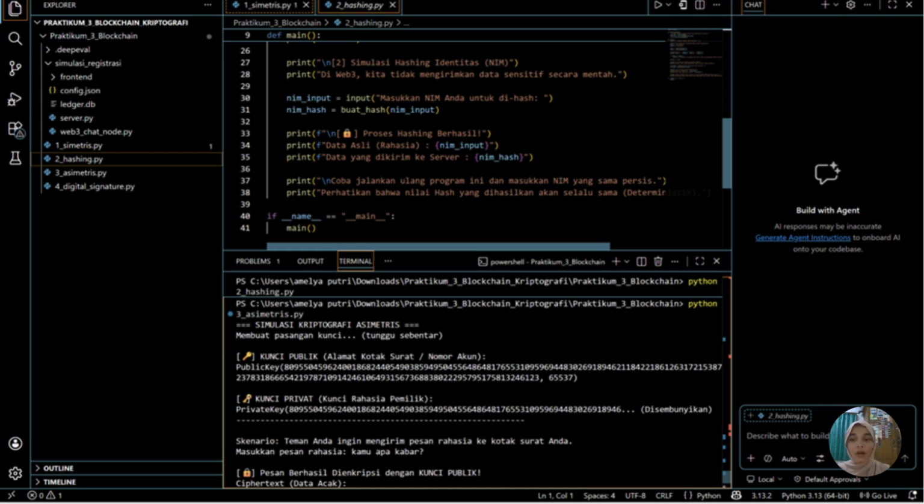After the process is complete, the system produces a fixed-length hash value. This hash cannot be reversed back to the original data. Also, if I input the same student ID again, the hash result will always be the same. This proves that hashing is deterministic and secure for protecting sensitive data.